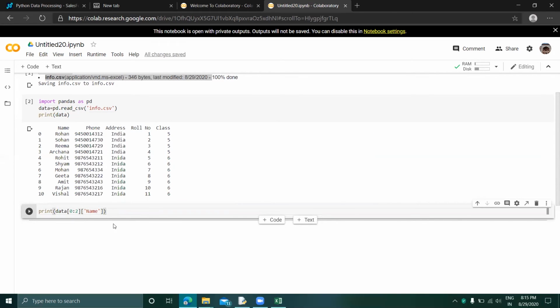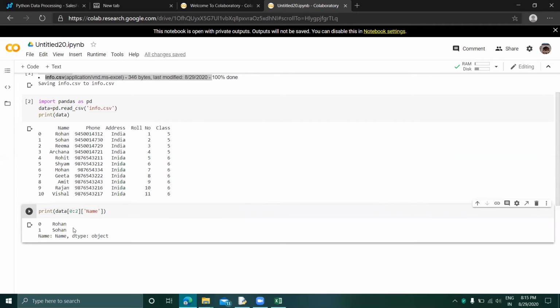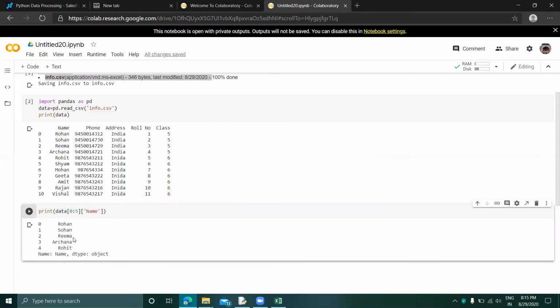Close this and run the program again. Now you can see only Rohan and so on. Take another value, 5, and you can see 0 to 4: Rohan, Sohan, Rima, Archana, and Rohit. This is how we read specific rows.